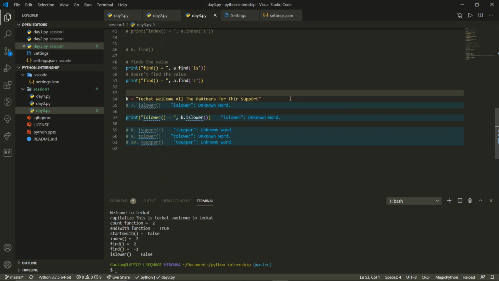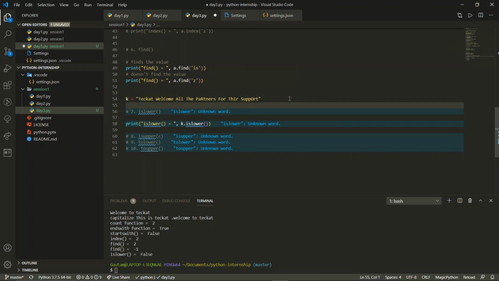Now let me make a string also with all capital cases and all small cases. For capital, I'm using C: Hello world, hello guys. Let it be hello guys.